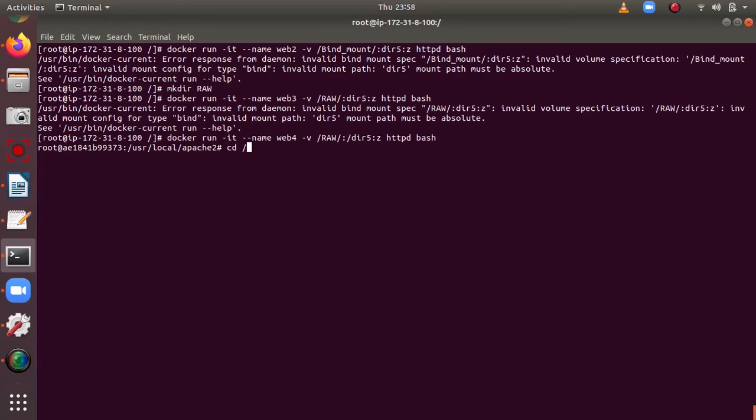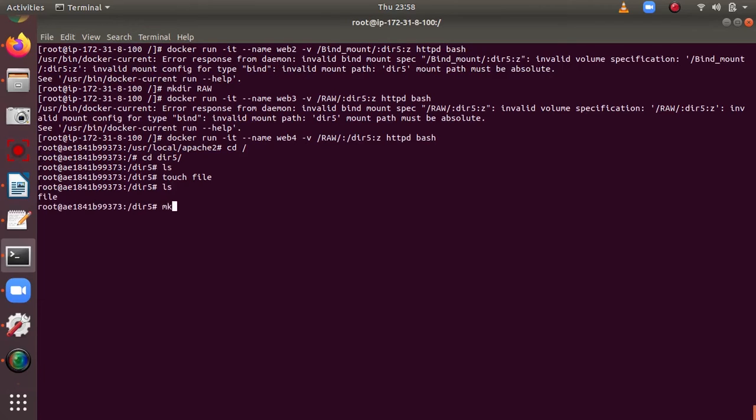So now cd slash, cd dir1. Now I want to see whether it gives permission denied again or not. When I ls here, it says no. When I try to make a file, let's see whether it gives an error or not. Oh, finally it makes it.